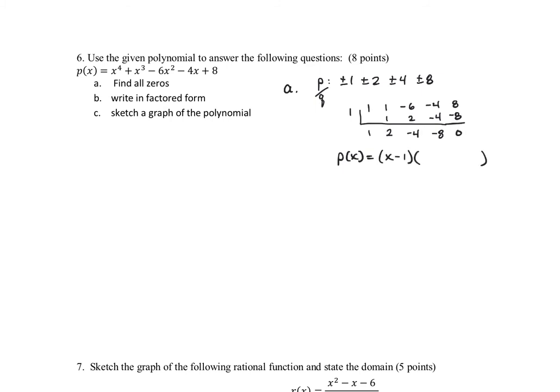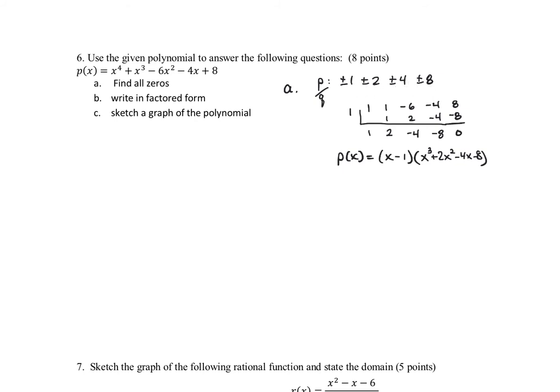The remaining factor that is going to be formed from these coefficients is a third degree polynomial. And we cannot use factoring or quadratic formula on a third degree polynomial, so we're going to need to factor this. We're going to need to use synthetic division one more time on this polynomial here from the list of